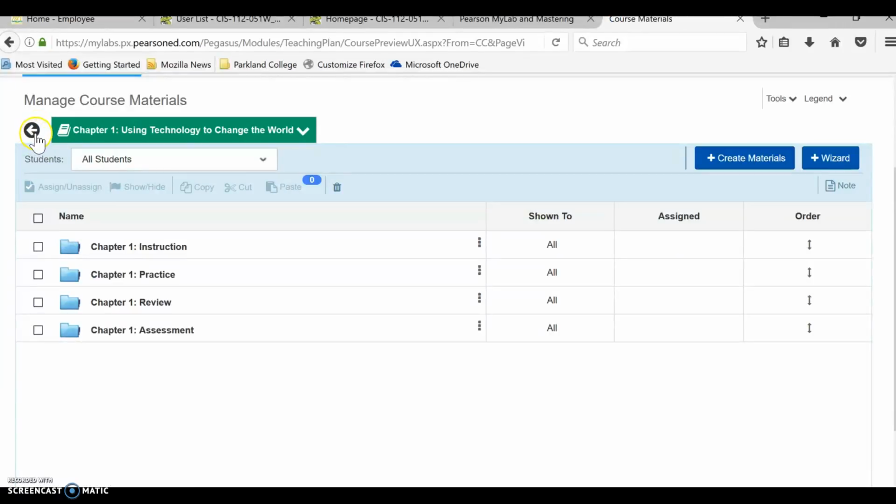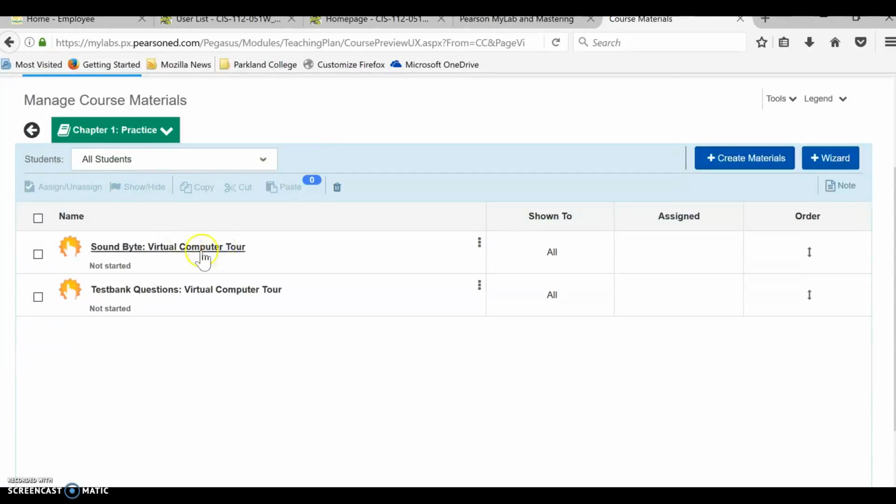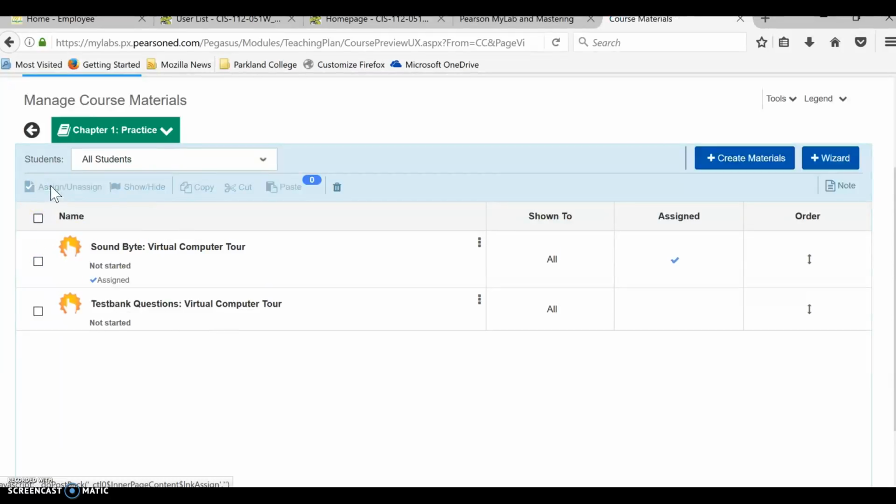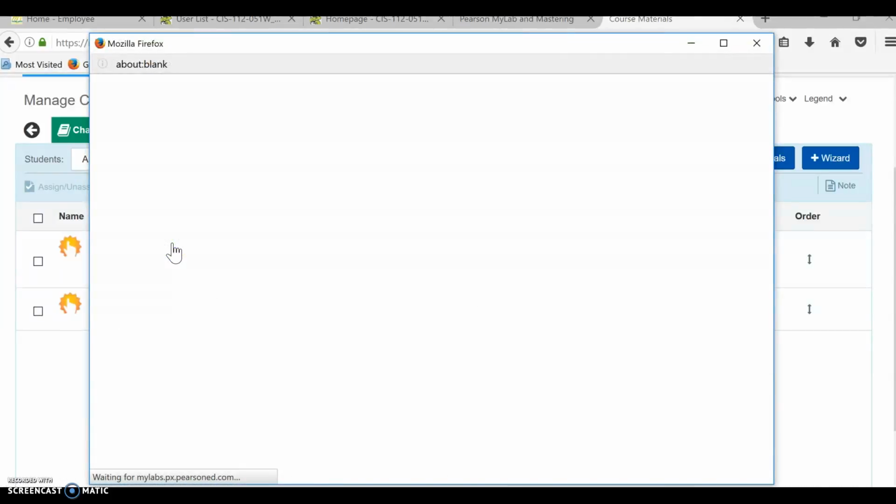Then there's the practice part, where you get to practice what you have read. Under the practice, there's a virtual computer tour, and then there's test bank questions. I'm only going to require that you do the soundbite, which is the virtual computer tour. So I will assign that for your practice, and once you click on this, it's going to take you to